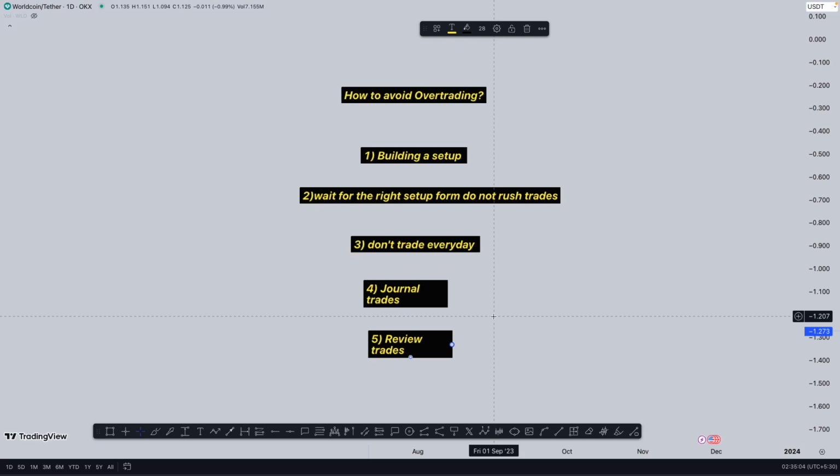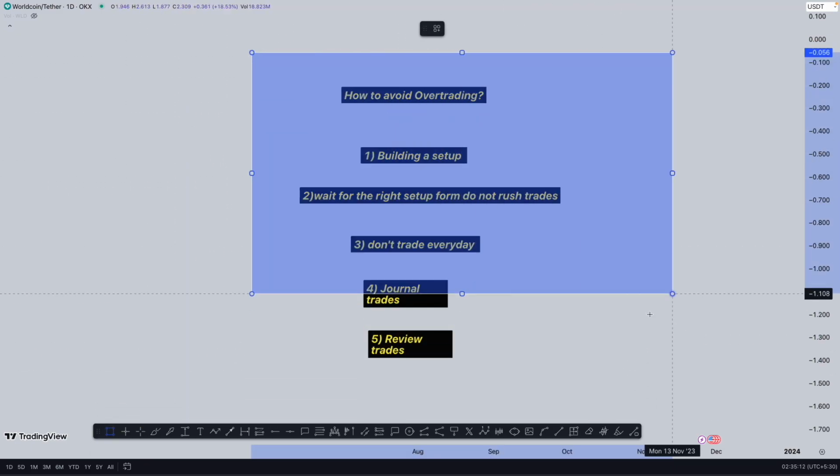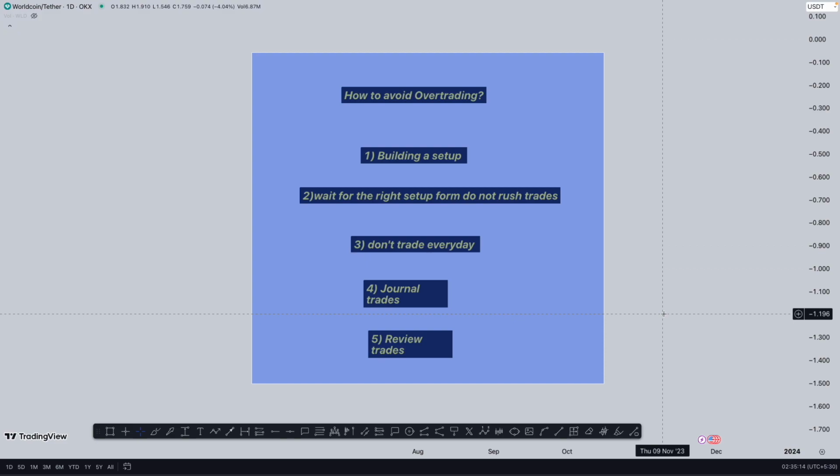These 5 steps will also help you in becoming a disciplined trader. So it's not just about overtrading, but at the same time, these 5 steps will also help you in understanding how the market schematics work, how I am going to counter that, and how I am going to face that, which will eventually lead you into becoming more organized, more disciplined, and avoiding the mistakes which people keep on making again and again, and do not learn anything out of that.